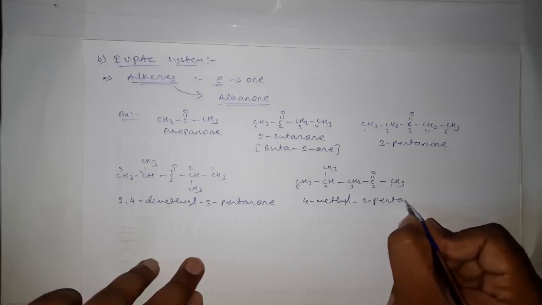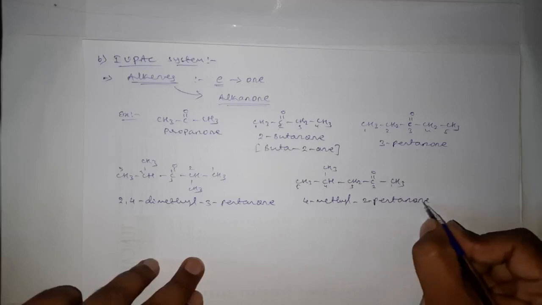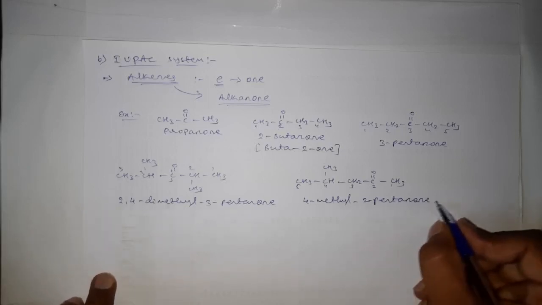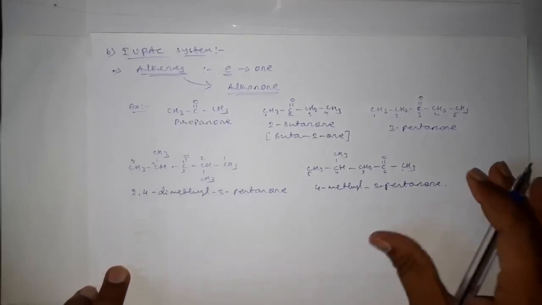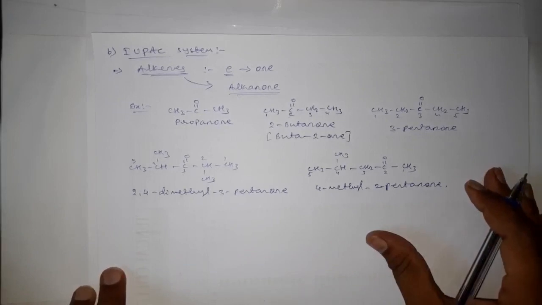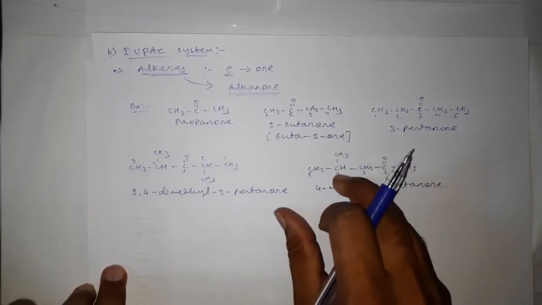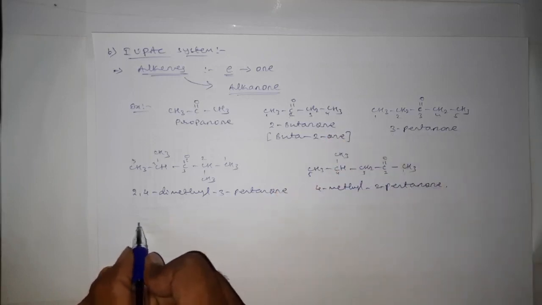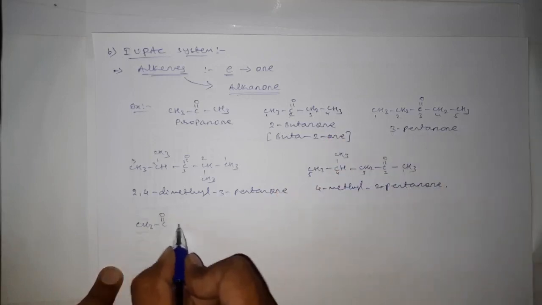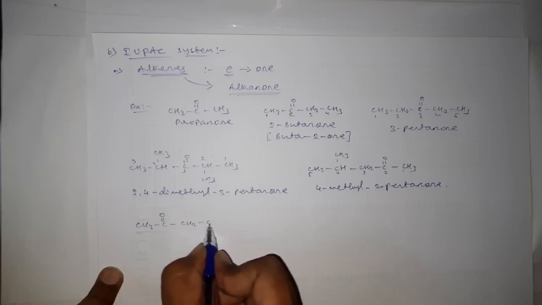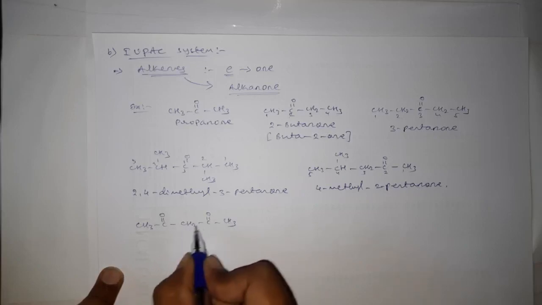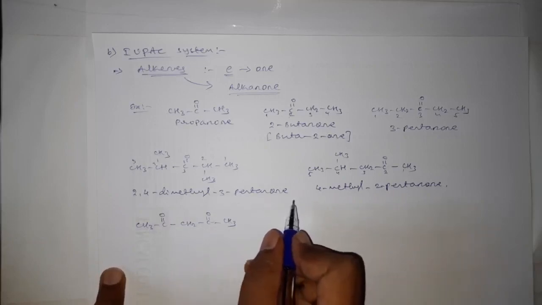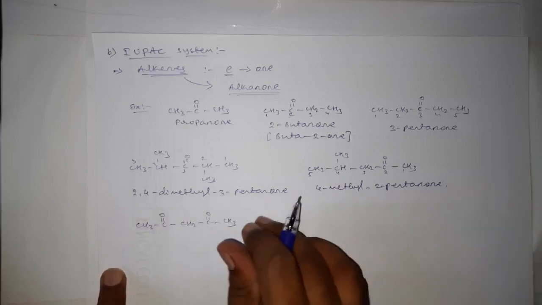Therefore, it becomes pentanone after replacing E and adding ONE: 4-methyl pentanone. This is all about the IUPAC nomenclature of substituted and non-substituted ketones. And if a ketone is containing more than one ketonic group, here 2 ketonic groups are there, then in this case we have to name this type of ketones